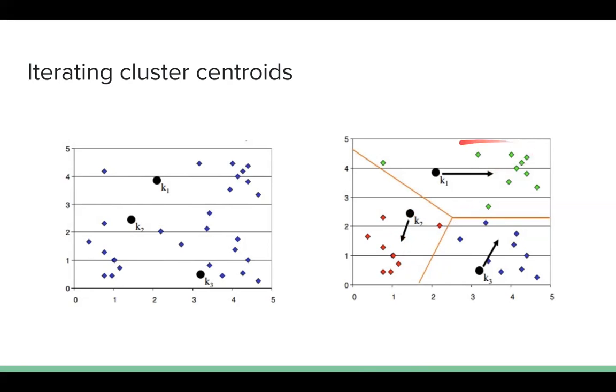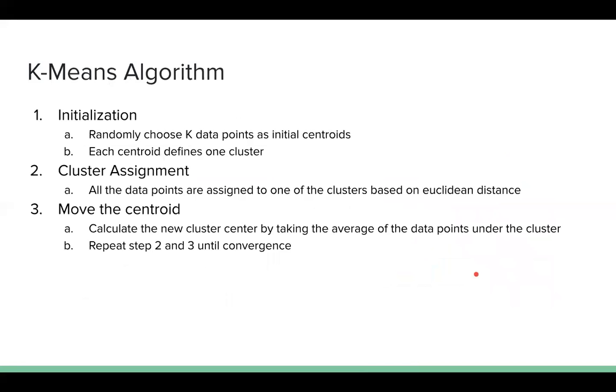Now similarly here also we do the same thing. We take the average of X and Y and move the centroid to that particular new X and Y. Similarly here also. So that's the reason I have given here: there are 3 steps. First one is picking up random centroids. Then you have to assign a cluster to each and every data point based on the Euclidean distance. Now once that is done, we need to move the centroid.